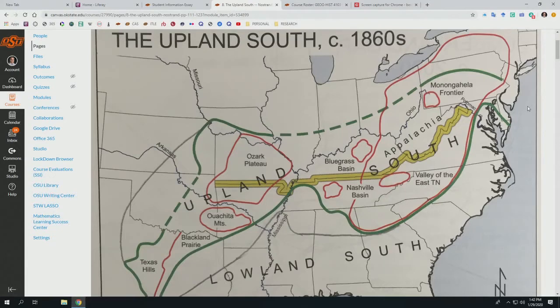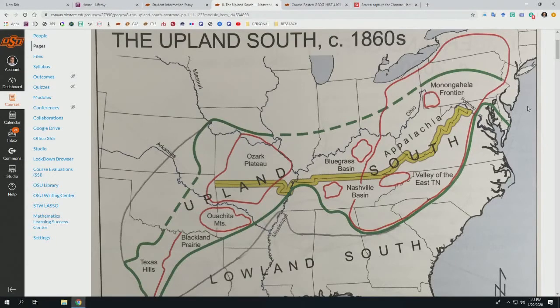But anyway, this map is obviously from the textbook on the Upland South. What is the Upland South? How does it differ from the Lowland South? Well, there's the physiographic component, the physical geography, and most of the time the boundary between the Lower South and the Upland South